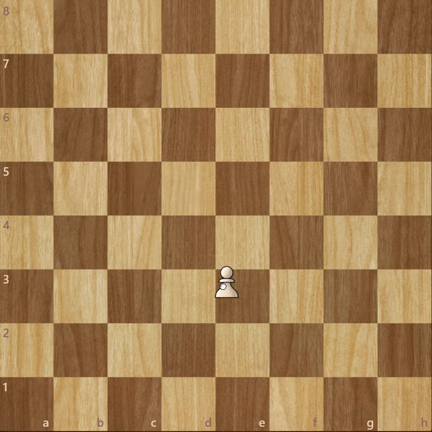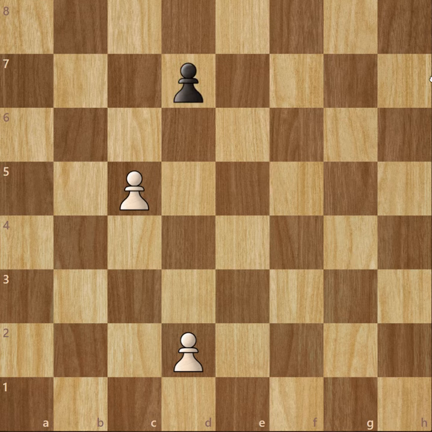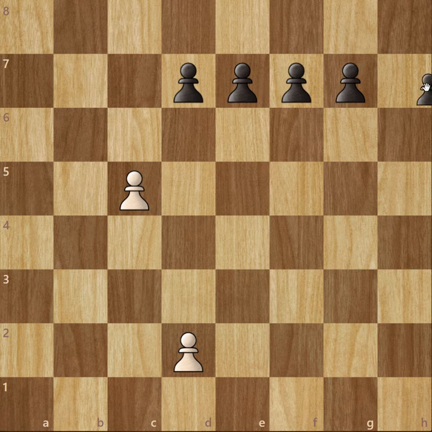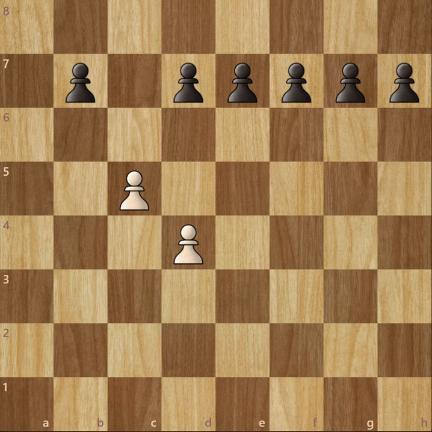Now there is a special pawn capture also, which I'm going to teach you. So let me just set up a pawn structure. Imagine this to be a pawn structure.